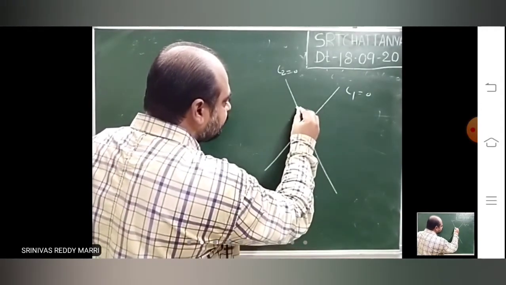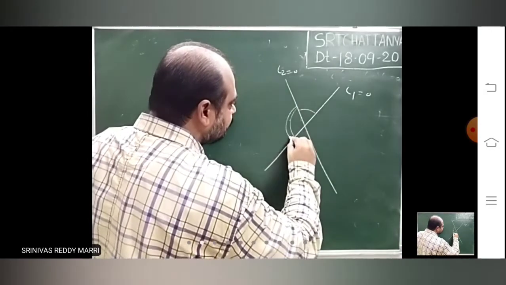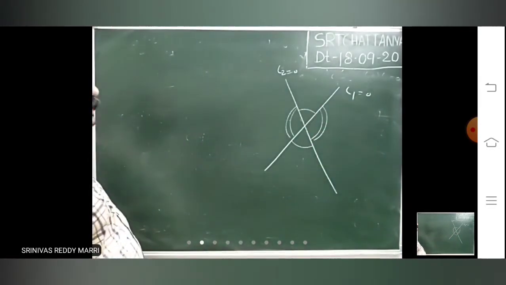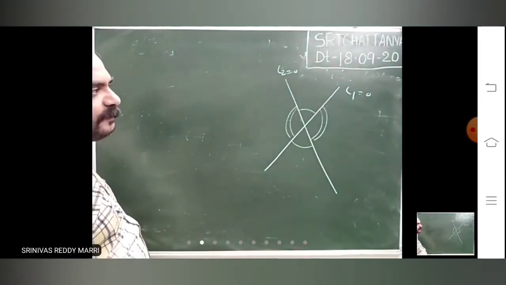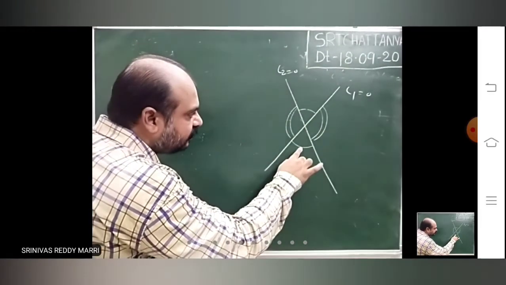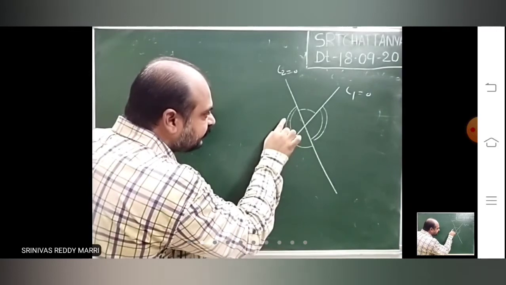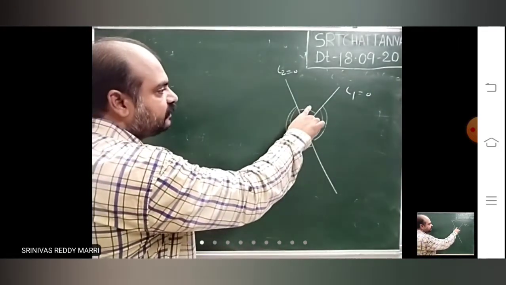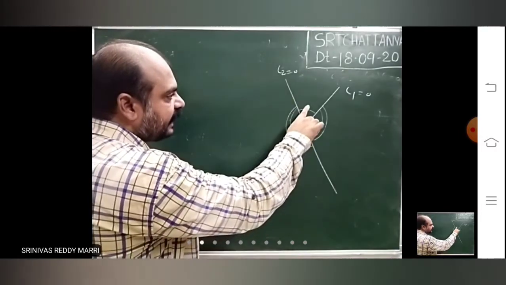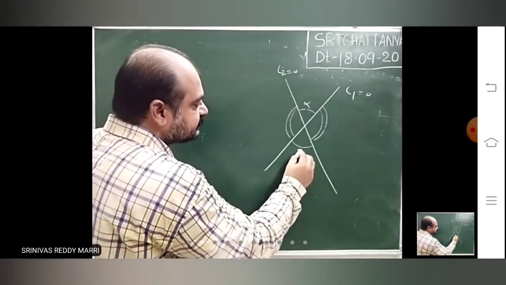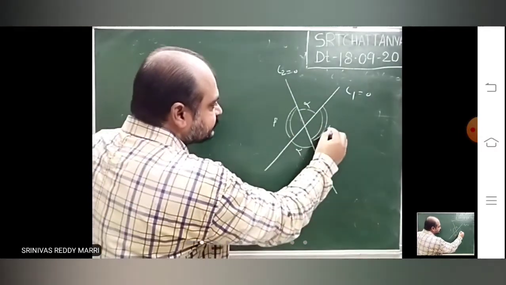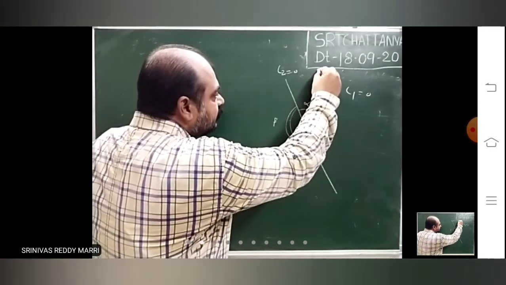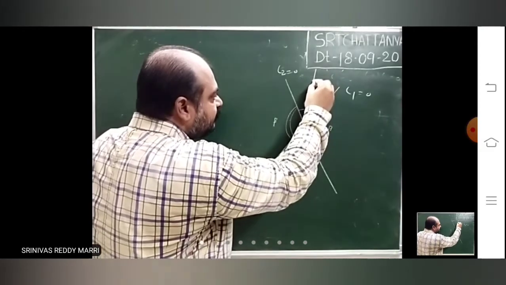So one is this angle and another one is this angle. Right? Two angles. If one will be acute, another one will be obtuse. If this angle is acute, this angle will be obtuse. So out of these two angles, let us say this is alpha, this is beta. Suppose alpha is acute,